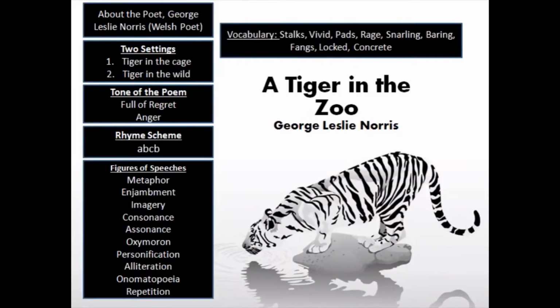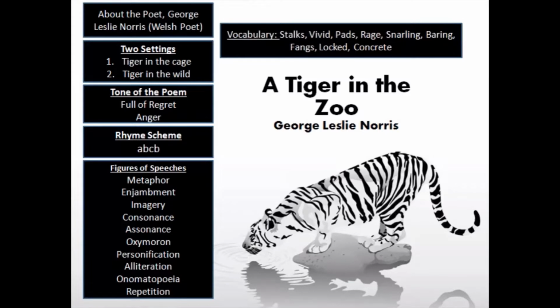In this poem, he talks about two settings. One is the tiger in the cage, how it is behaving, and he contrasts it to how the tiger will behave if it has been in its wild natural habitat. So here, how the tiger stalks the cage, how his fierceness or ferociousness was limited by the cage, and how the eyes of the tiger glaze over when he is looking at the people who come to visit the cage, because he understands that they will not help him get out of the cage.